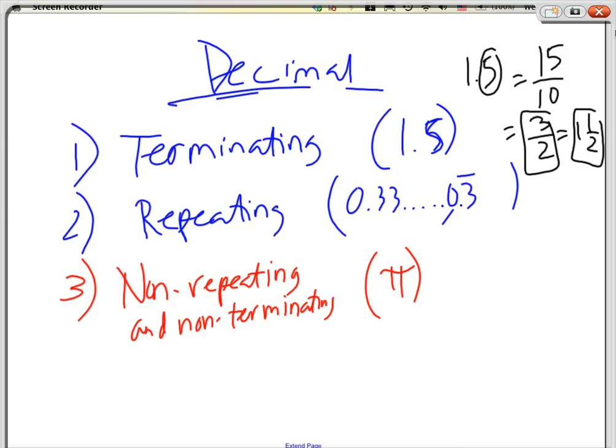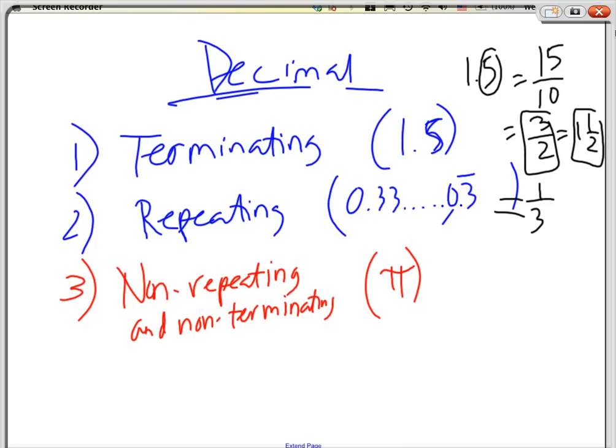Just a rough example of it. What about repeating? Notice you said before, 0.3333 repeated can be converted back to 1/3. You see that? That's an equivalent. It's the same. So any repeating decimal will be able to convert back to a fraction. So the top two can always be converted back to a fraction, right? If it's repeating or if it's terminating, you can always count on getting back to a fraction form.